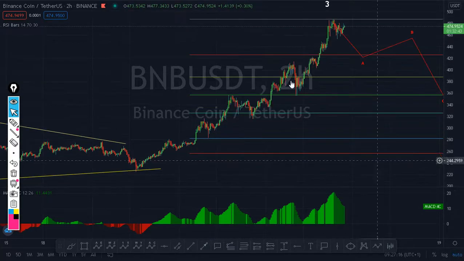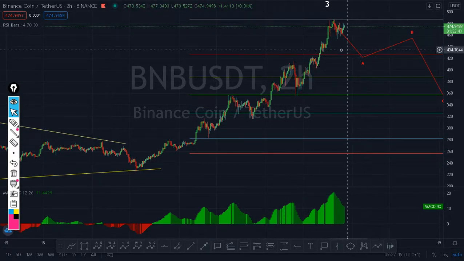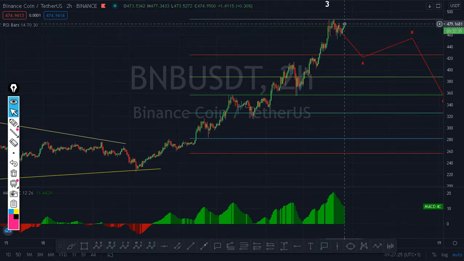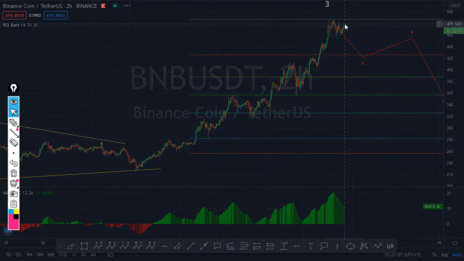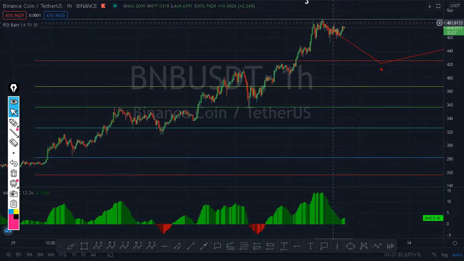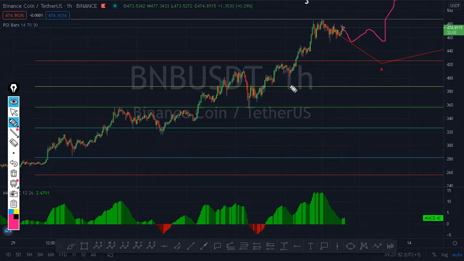I don't have anything to show you in the 2 hour and 1 hour, except for you to see it, just the same thing. We can get a pullback from here, or it may push one more up before going down. It may push up again. Maybe it may do something like this. It may just make a little move and go up again. It's possible. Then going deep is also possible.